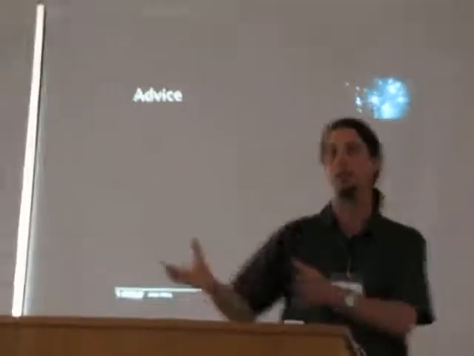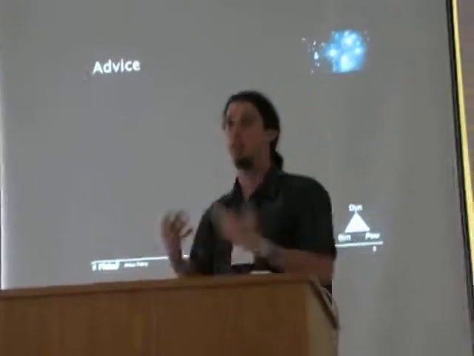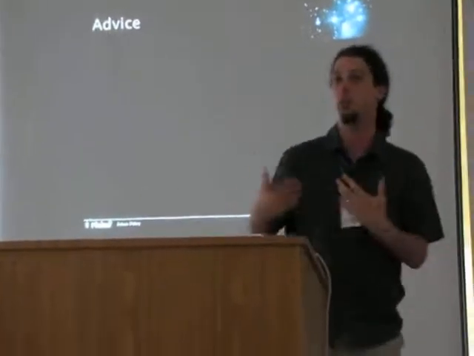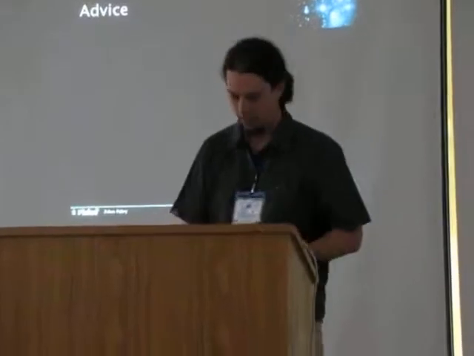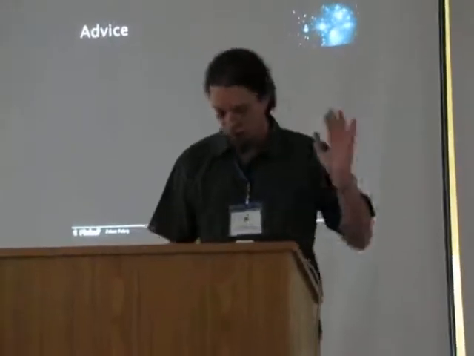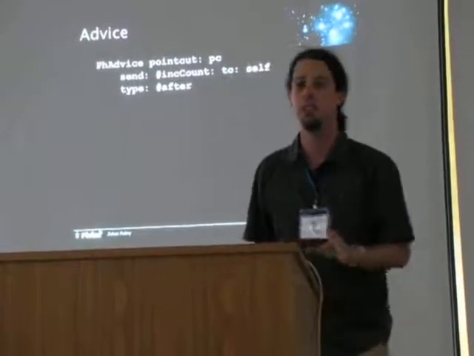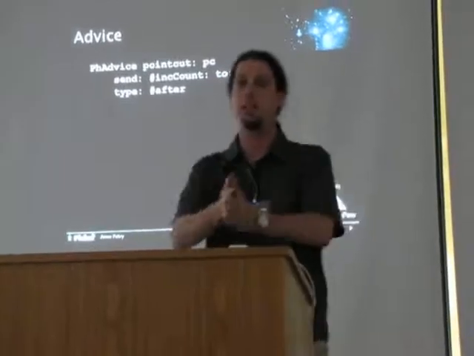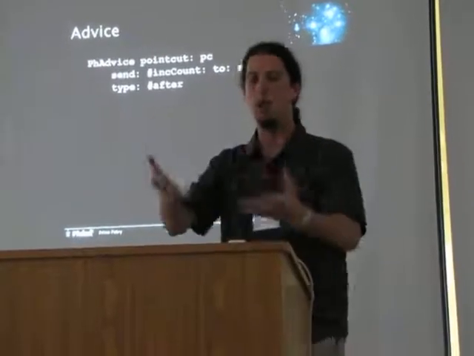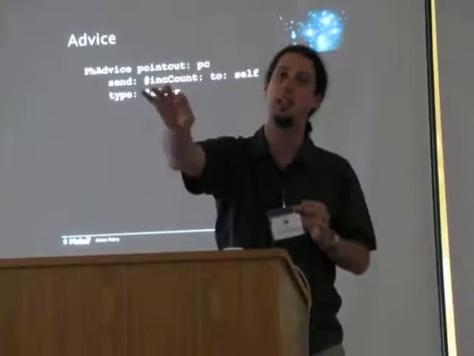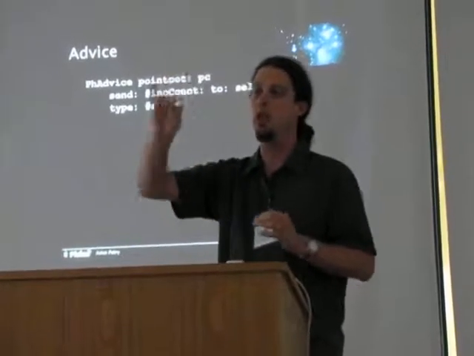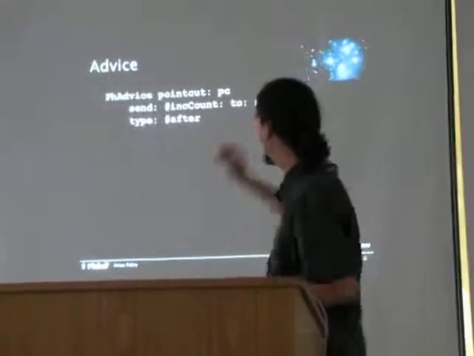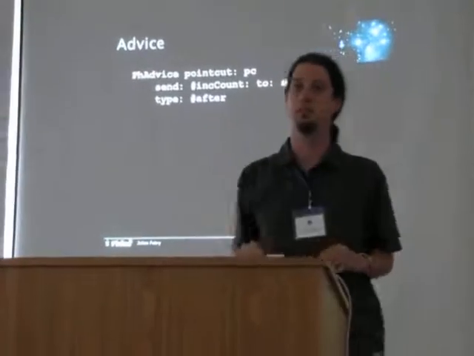Advice. Advice is the behavior. So we now specified when in the execution of the program we are going to want to do something. Now we're going to specify what is the stuff that we are going to do. This is the advice. The advice in Control is extremely simple. There is no special advice construct. What you do is you say, okay, an advice is first class, you make one, you give it a point, you say, okay, at this point in the execution of the system, what do I want to do? I want to send this message to this object.